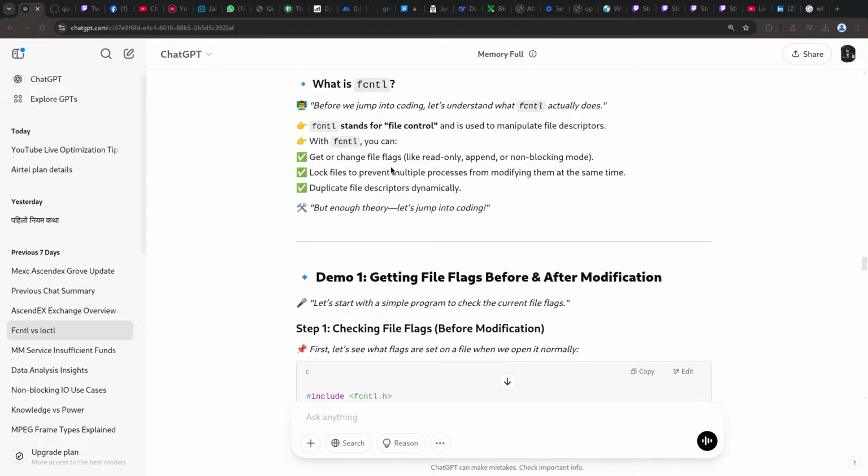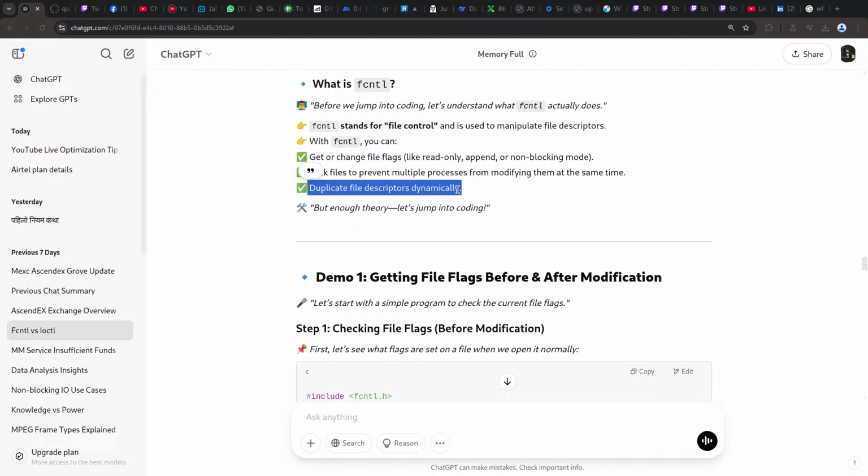Get or change flags like read only, append, or non-blocking mode. Lock files to prevent multiple processes from modifying them at the same time. Duplicate file descriptors dynamically. This is very important. We have seen earlier that we can duplicate the file descriptor, and